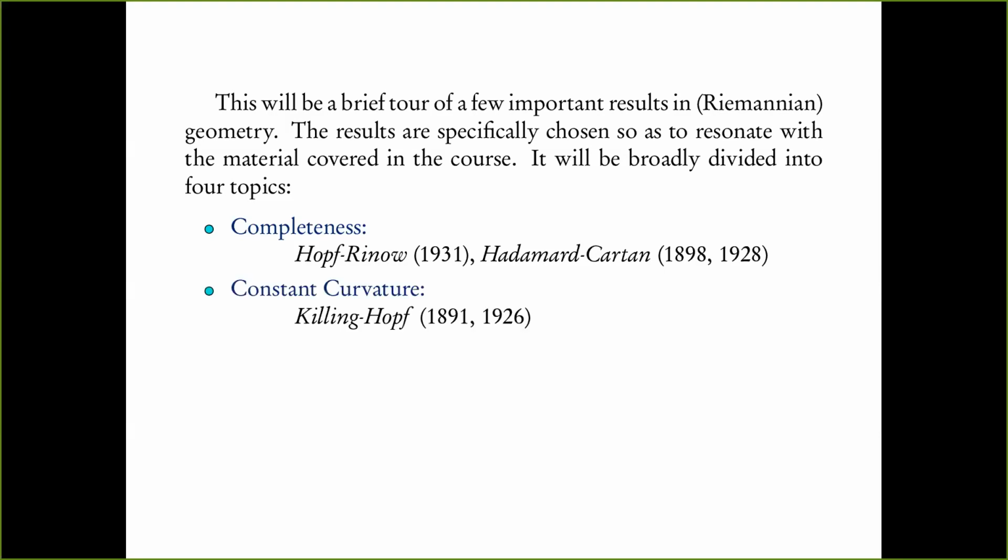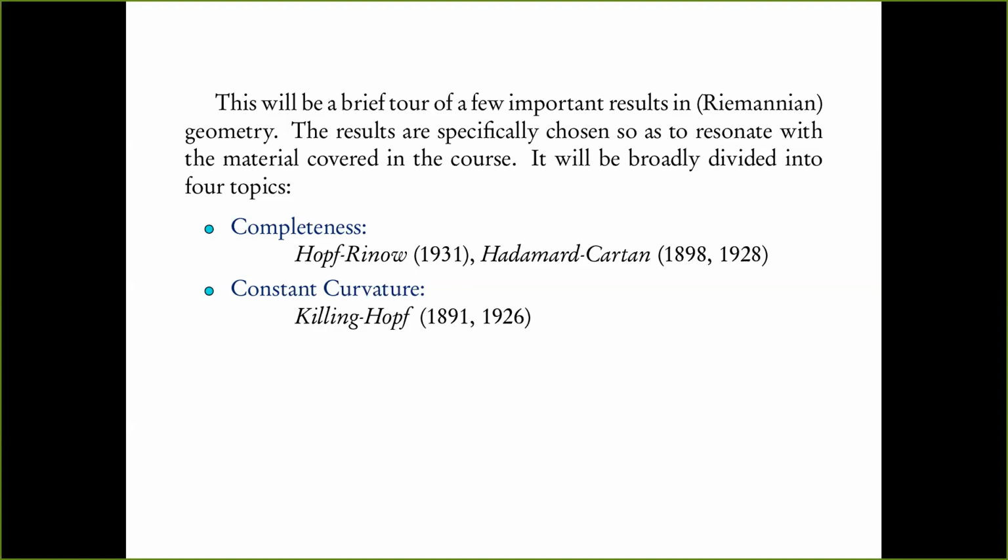okay, so next we want to talk about results regarding constant curvature Riemannian manifolds. And here and in subsequent slides, when we talk about constant curvature, we mean constant sectional curvature, okay? Not constant Ricci, not constant scalar, constant sectional curvature. So regarding constant curvature, there are a few projects that are lined up. I think Shandip is going to talk about how Riemann surfaces can be equipped with a metric of constant negative curvature -1. I think Pallav is going to talk about what are the isometries of the hyperbolic plane, which has constant negative curvature.